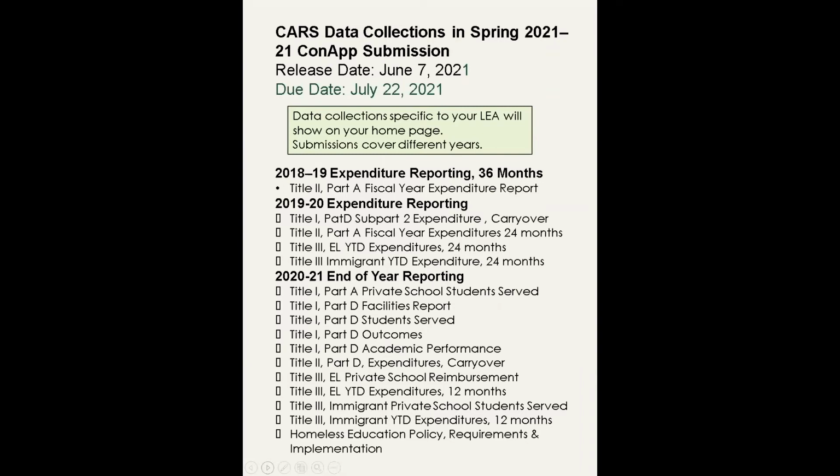And end of year reporting is for 2021. So that's the current year you're going to be reporting. And as I mentioned earlier, don't panic too much. It looks like a long list, but you'll notice many of them will not apply to most districts because they're Part D delinquent funding, which is primarily county office funding. And then the next slide continues the